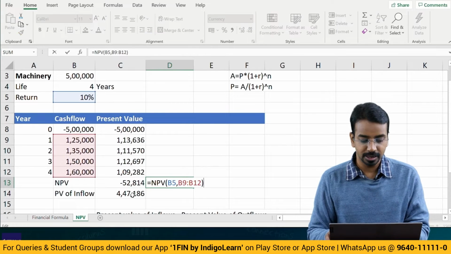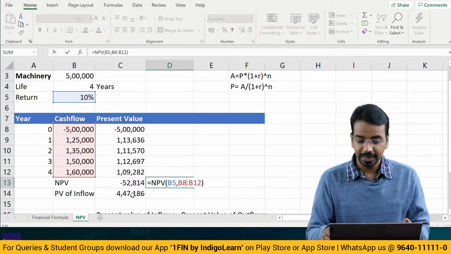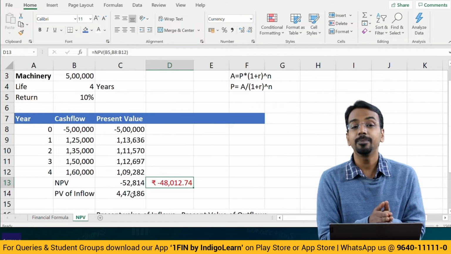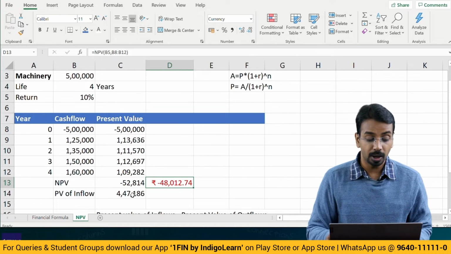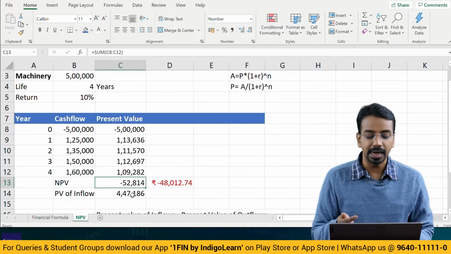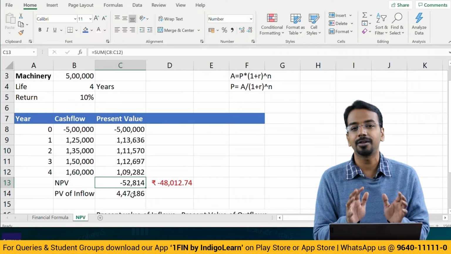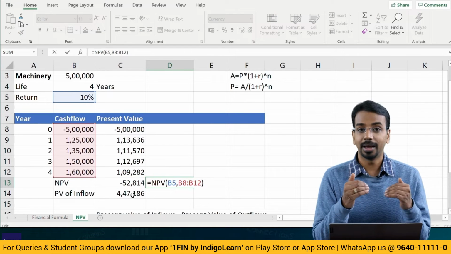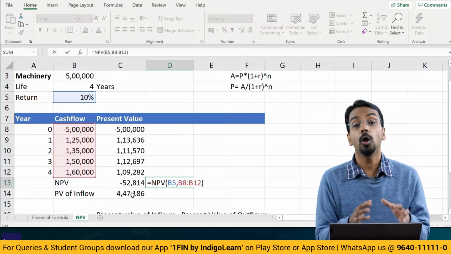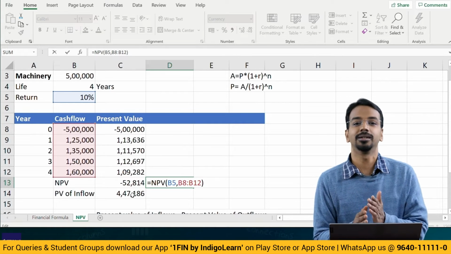If I update this to include B8 and I press enter, I get an NPV of negative 48,012.74, but the way I computed, I got 52,814. Now why is there the difference of 4,000? The reason is the Excel NPV formula considers all the inflows and outflows to have happened at the end of the year,